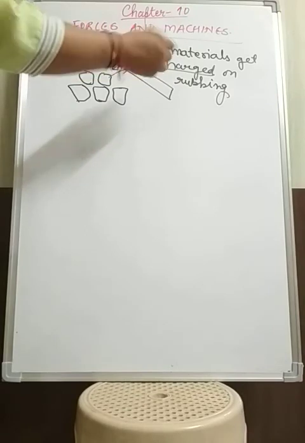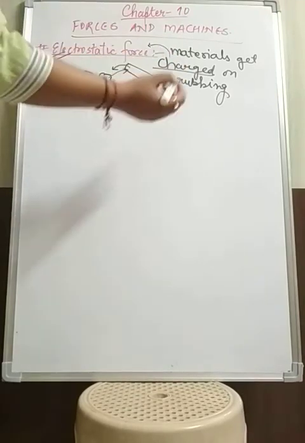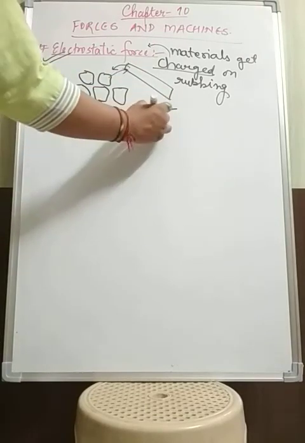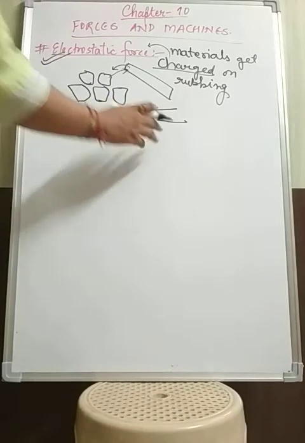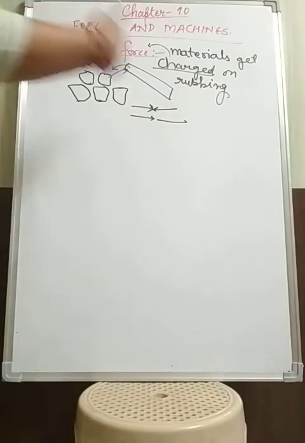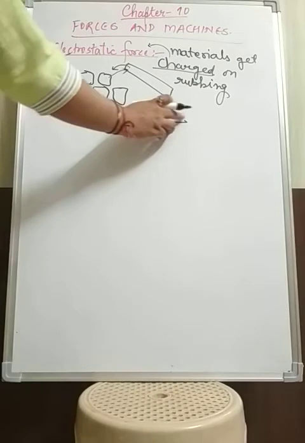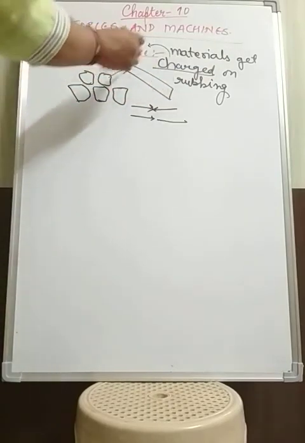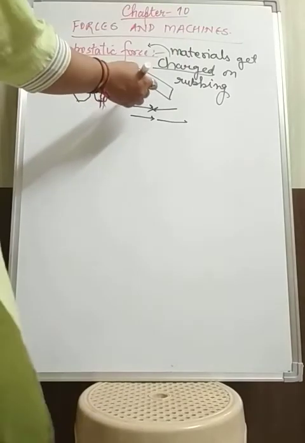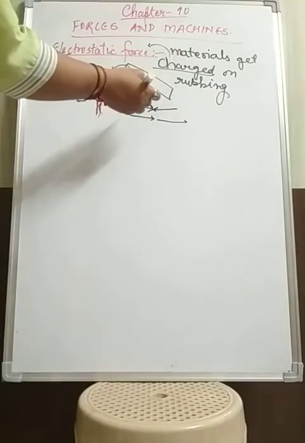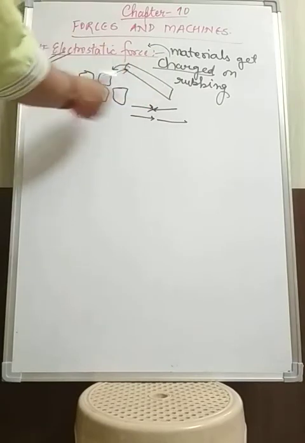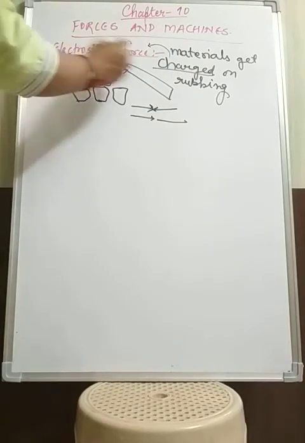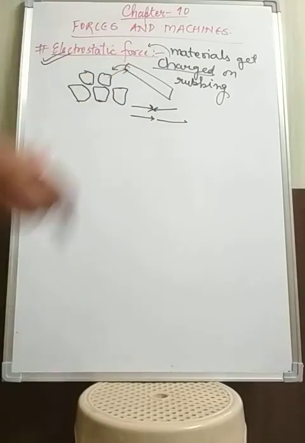So these charged materials either attract or repel objects. Attract means to take the object towards themselves, and repel means to move far apart from that object. They move away from it, and that is known as repulsion. Here, this ruler or the comb gets charged due to rubbing on the dry hair, and so it attracts the bits of paper. This type of force which is responsible for attraction is known as electrostatic force.